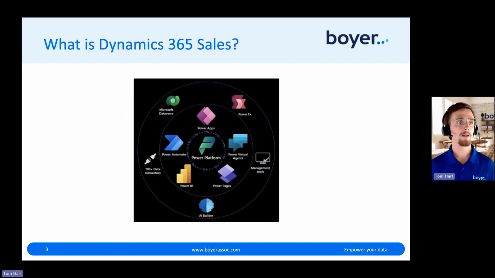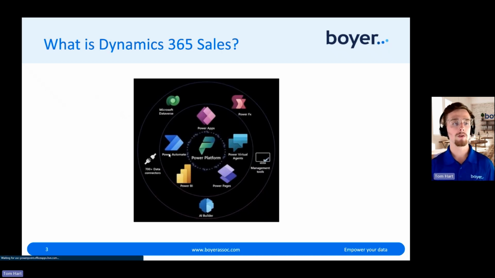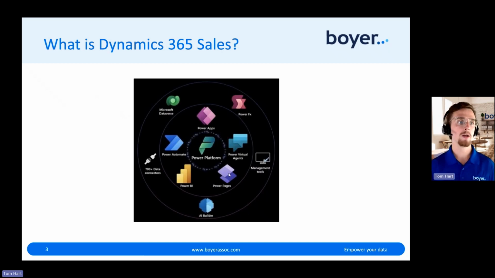So it's important to be aware that Microsoft Dynamics 365 Sales is built on top of Power Apps infrastructure, and you can build other low-code, no-code apps with Power Apps. And the Dynamics modules just happen to be highly polished versions of Power Apps, but you can extend Dynamics 365 Sales with your own line of business or very specific Power Apps, as well as the other parts of the Power Platform. So we'll see today how Power BI can extend a Power App such as Dynamics 365 Sales, and you're welcome to reach out to us for more information or explore more on the internet to see Power Pages, Power Automate, Dataverse, and how all of these different parts of the Power Platform have a real compounding